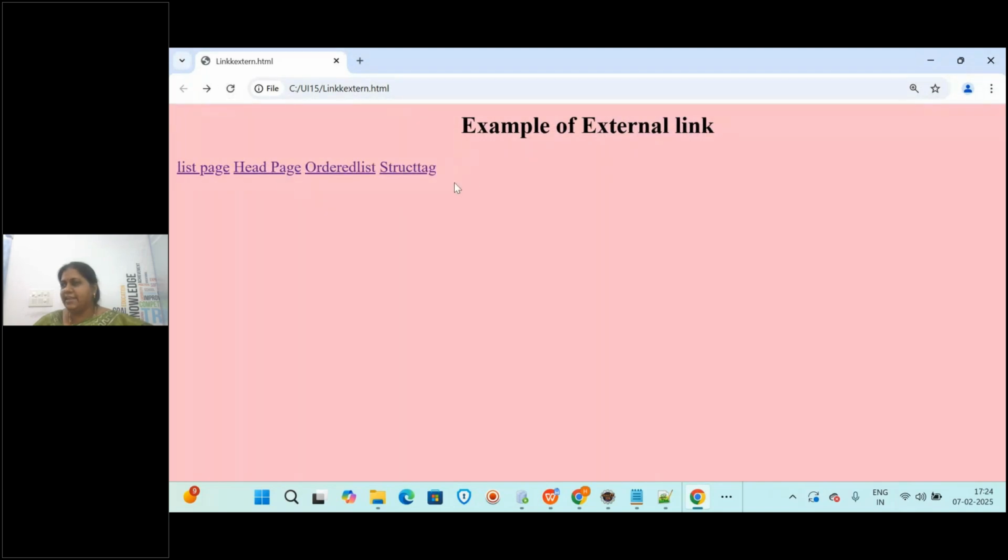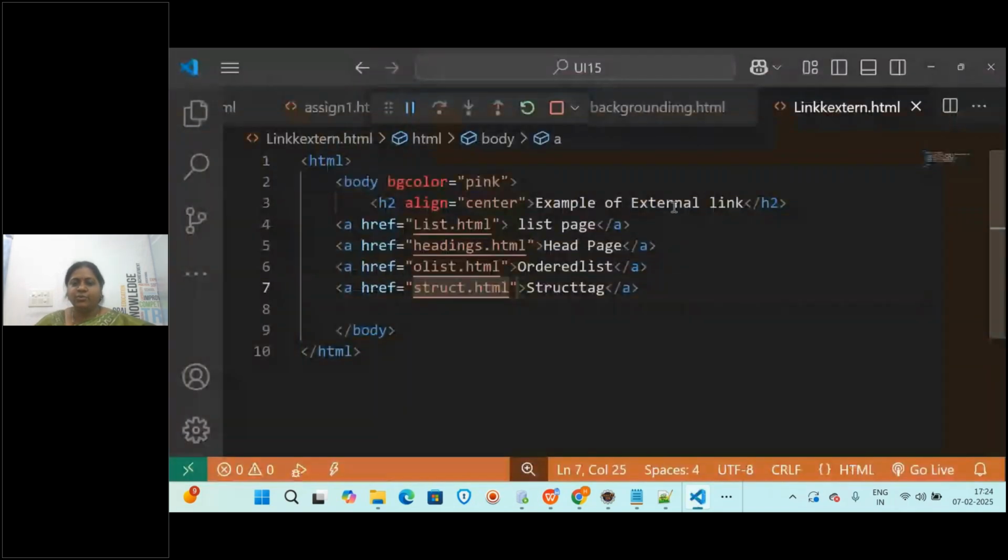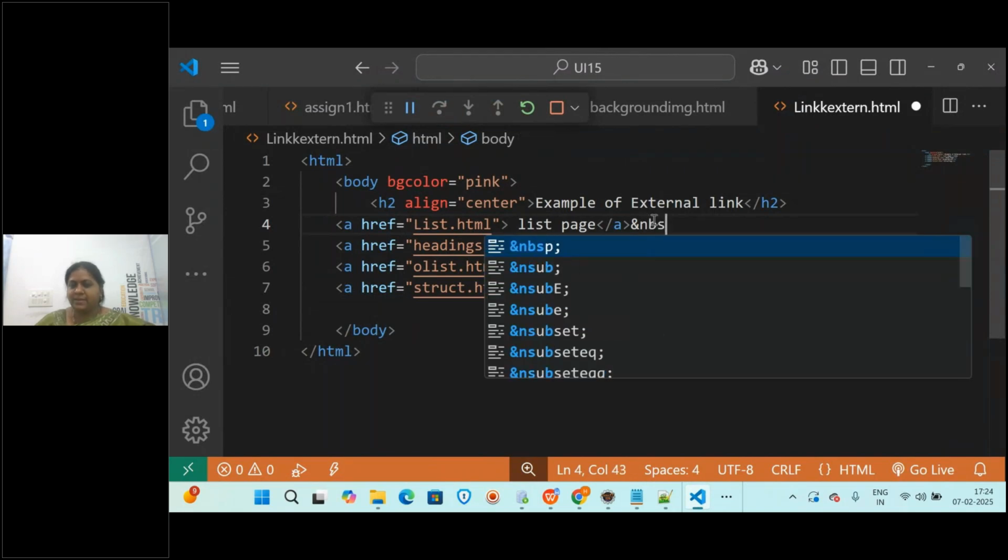We got the links, right? But everything is clumsy. So what we can do here, you can just give ampersand NBSP, or break means it comes to a new line. But I want it in the same line with some space. So I will be writing ampersand NBSP semicolon.